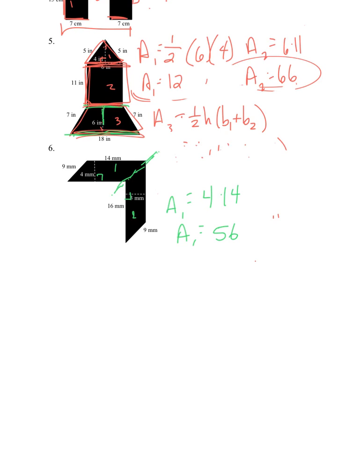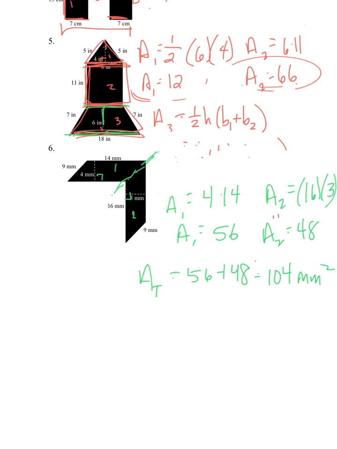56 millimeters squared. Area piece 2, you have 16 times 3. So area piece 2 is going to be 48 millimeters squared. So the area of the total is going to be 56 plus 48, which is 104